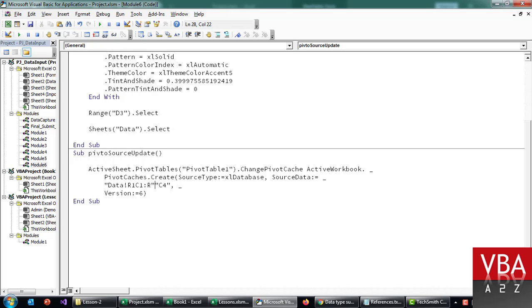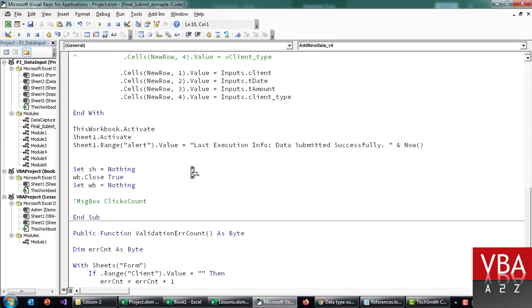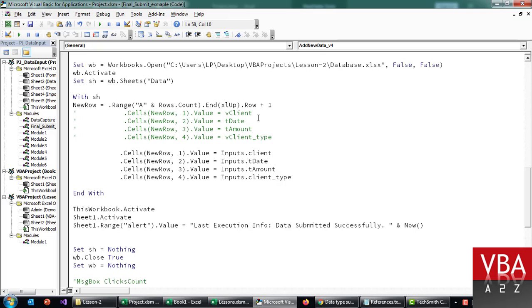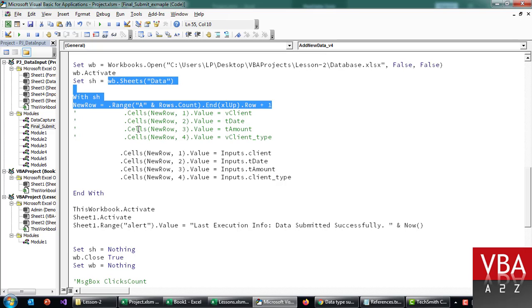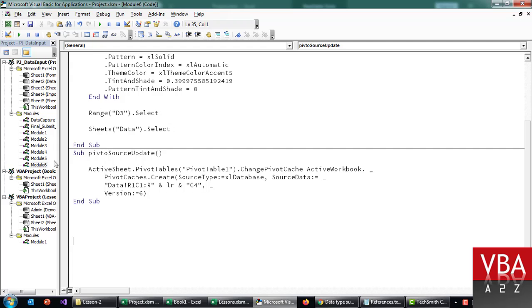So since we already know how to identify the last row, instead of 17, I'm going to get rid of 17, and then I'm going to concatenate these two addresses like this, and here I'm going to put last row with data. Okay, now if we go back here, this is the one with last row with data. I'm going to come down here